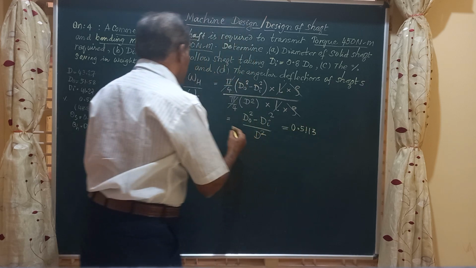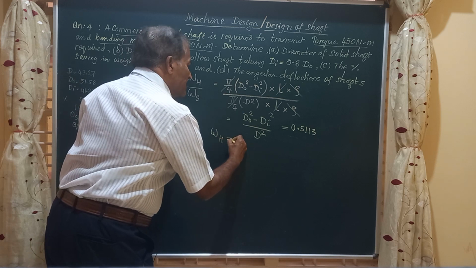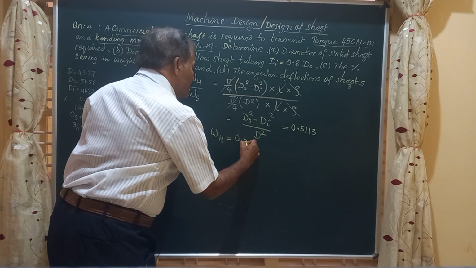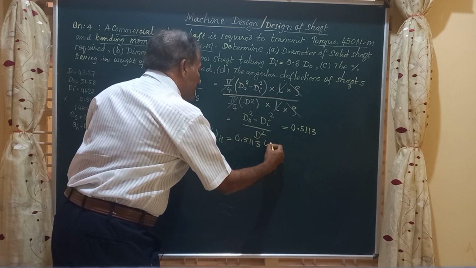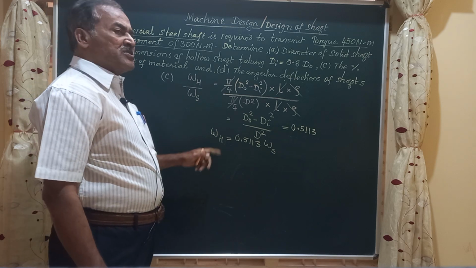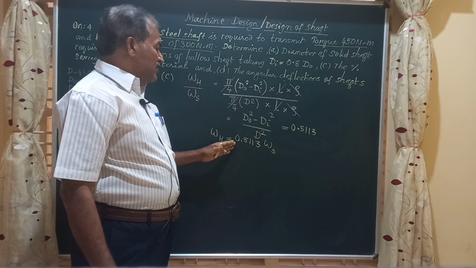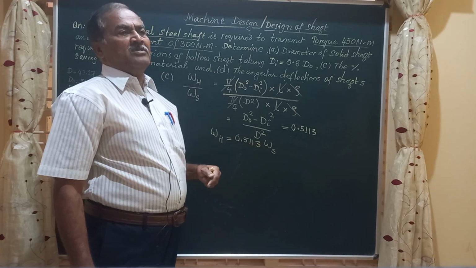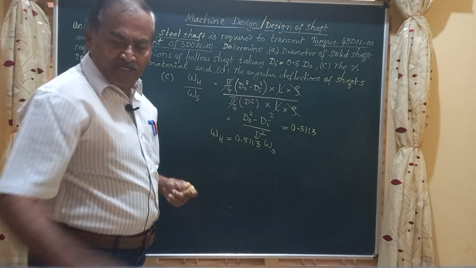That is to say, the weight of the hollow shaft W_H is 0.5113 times the weight of the solid shaft. That is to say, the weight of the hollow shaft required is slightly more than 50% of the weight of the solid shaft. Or we can say the percentage saving